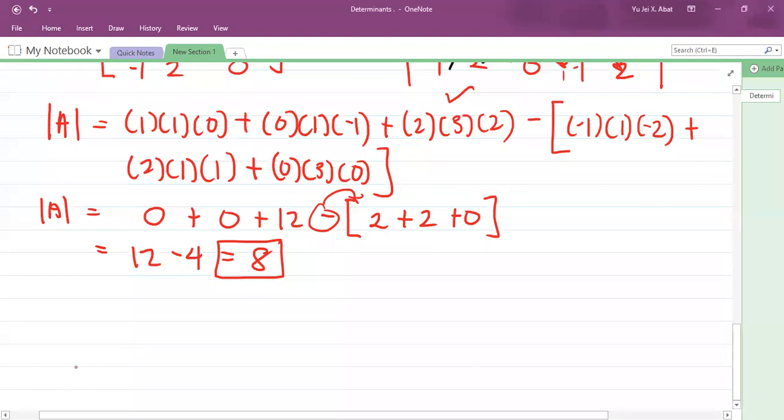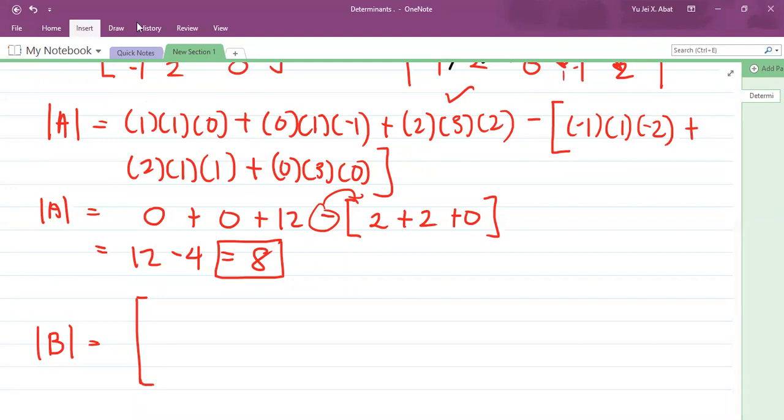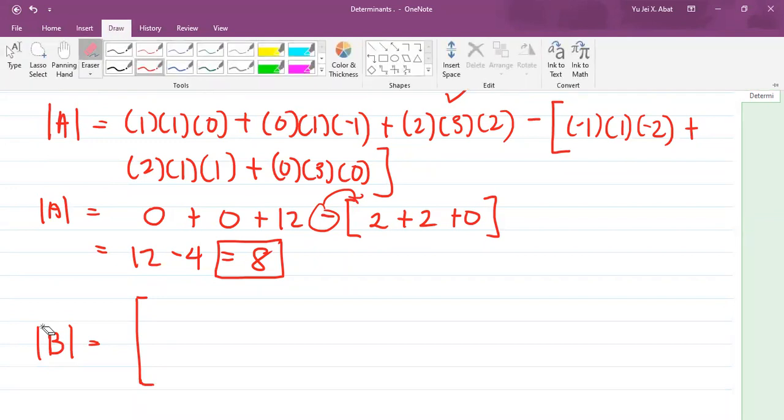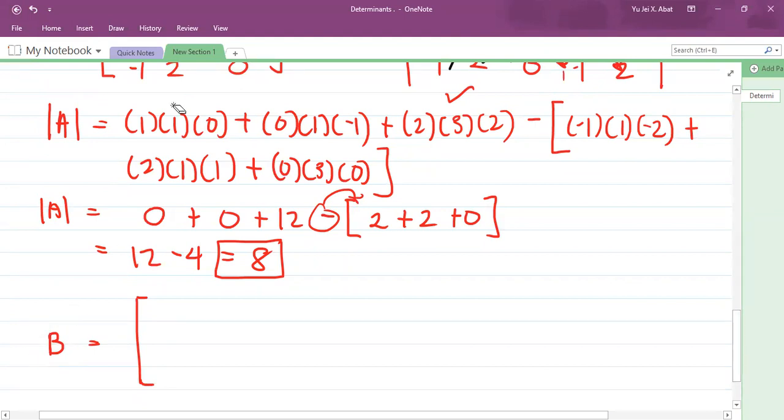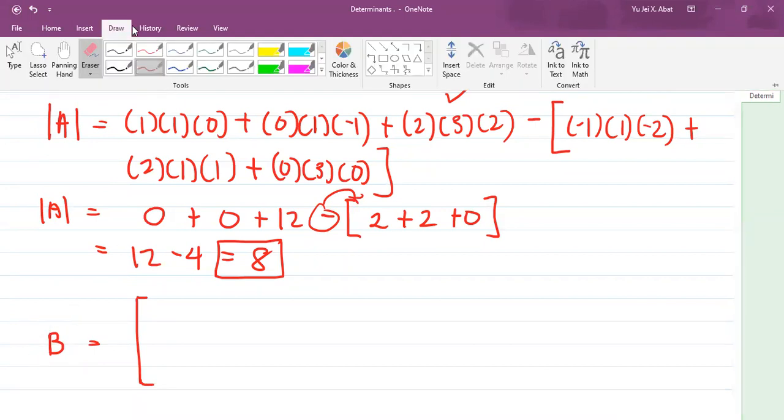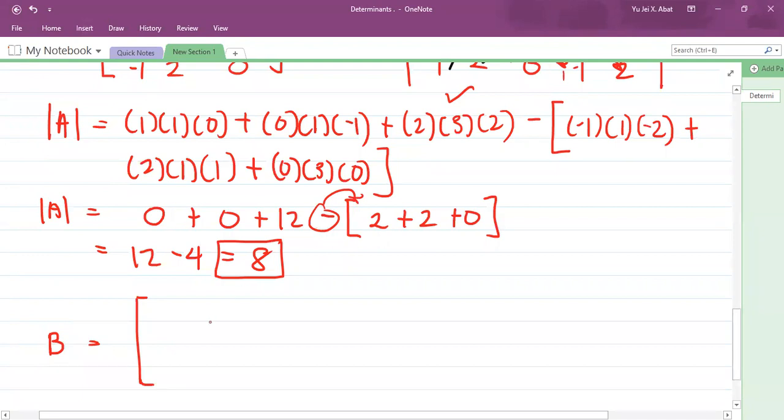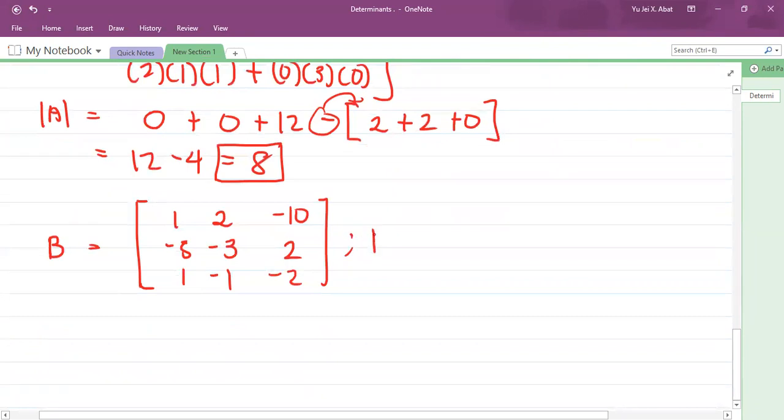Let's try another one. So for example, matrix B. So you have, pag matrix B pala, dapat walang absolute sign. So basta declared lang as B. Kasi pag may absolute, ibig sabihin, kinukuha na natin yung determinant. So 1, 2, negative 10, negative 5, negative 3, 2, 1, negative 1, negative 2. Okay, so in order to get, again, the determinant of that,